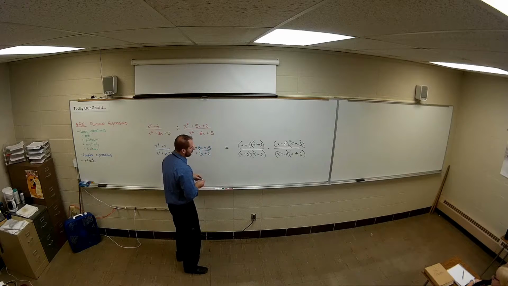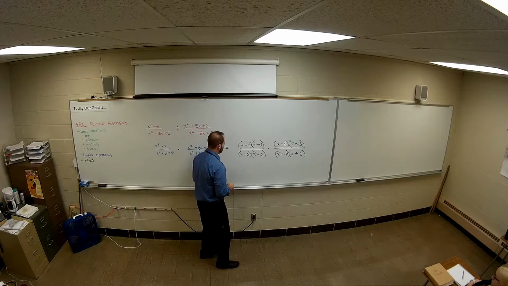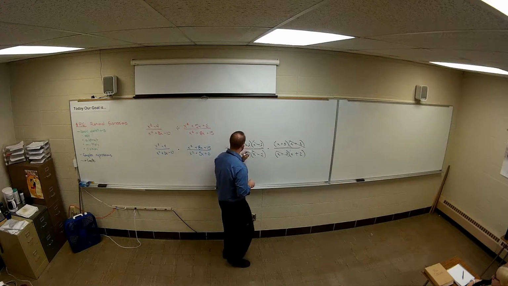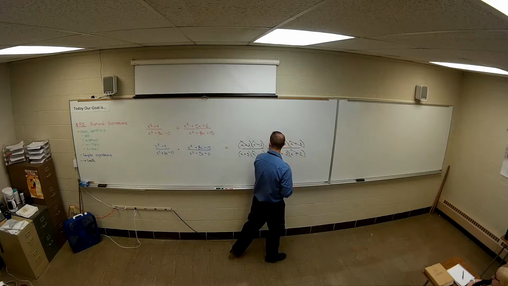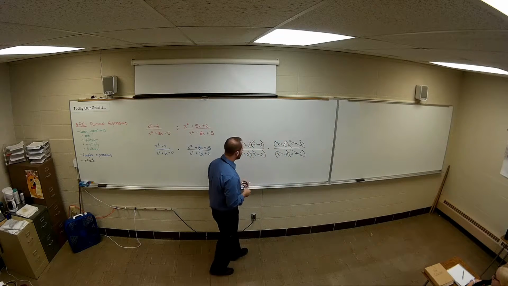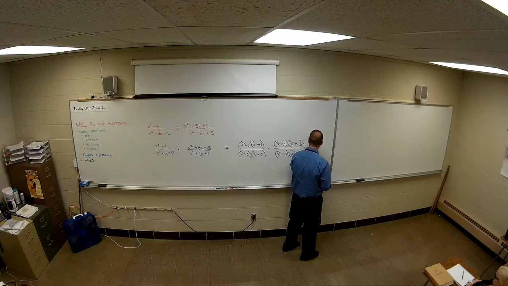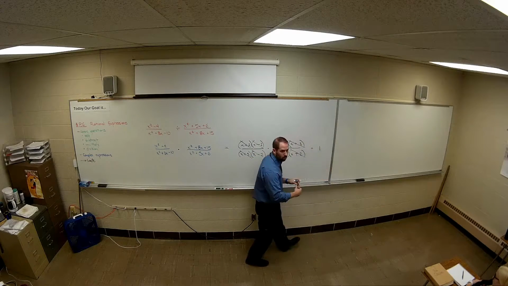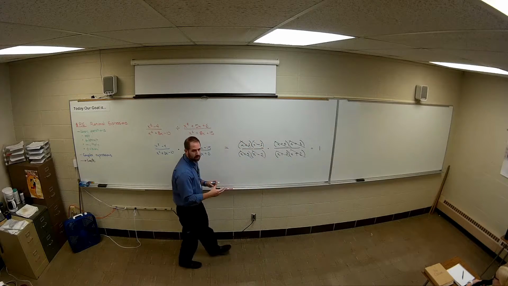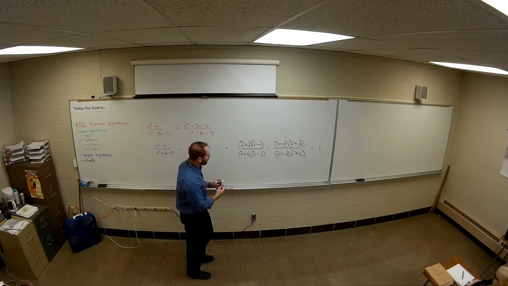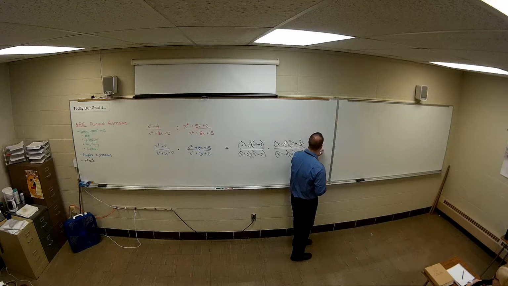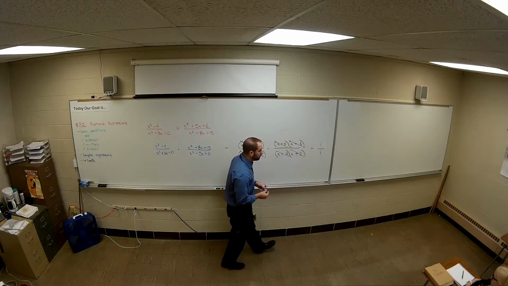Now we're going to go diagonally. So x plus 2, x plus 2, x plus 5, x plus 5. It looks like everything canceled. So your answer in the very end is just the number 1. I mean, it's literally 1 over 1, which is just the number 1. It's not 0, because it's still a fraction, right? There is still technically a 1 on the top and a 1 on the bottom. That's why your answer is still 1.